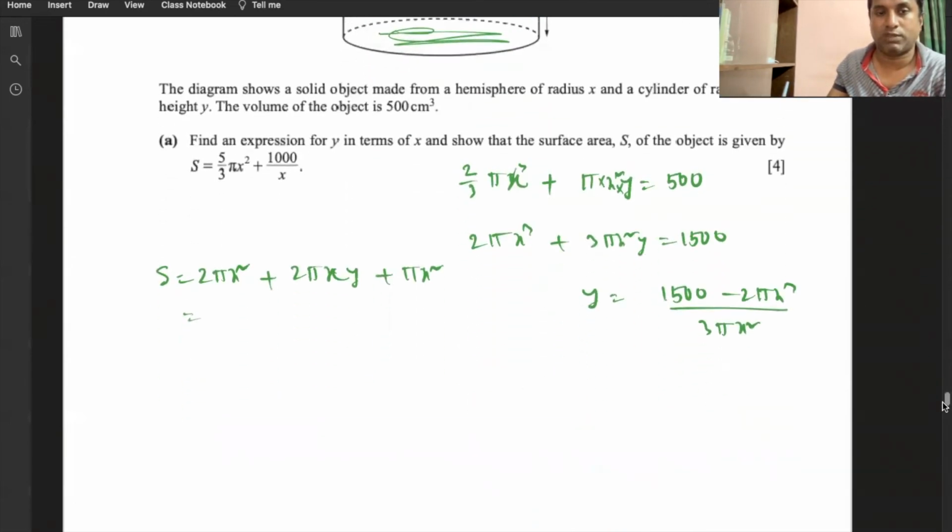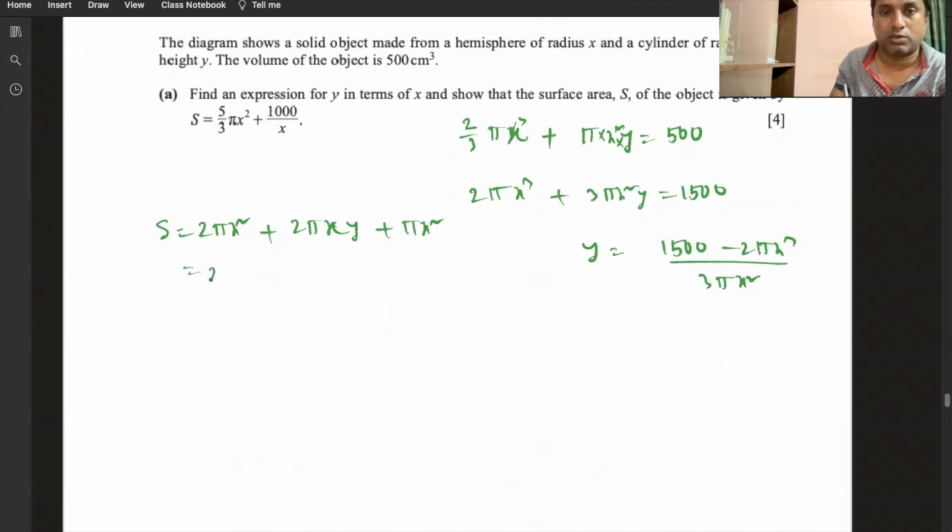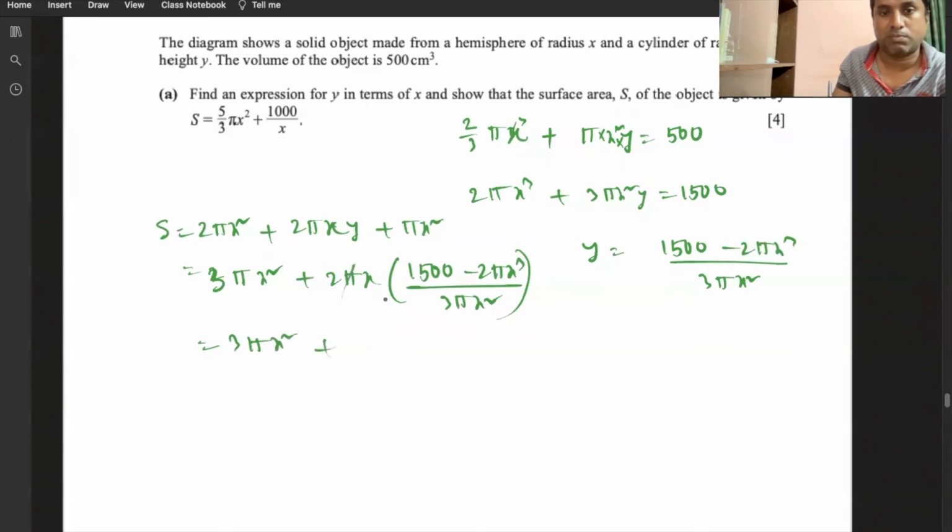Now let me use this value here, 3 pi x square plus 2 pi x, y is here, 1500 minus 2 pi x cube divided by 3 pi x square. If we simplify this, 3 pi x square plus pi cancel and x cancel, there will be 3x and then 3000